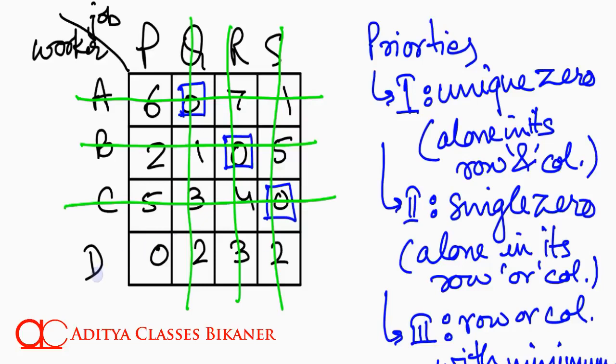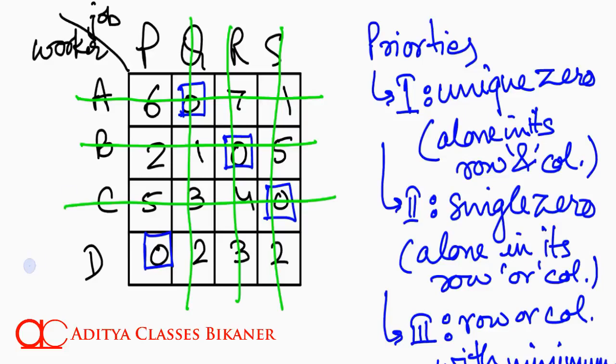Now, where do we go? We have a zero. Still a zero is available. And is it unique? Yes, it looks like being unique. Let us go ahead and assign it. Now, do we see any zeros? No. All zeros are exhausted. All zeros have been assigned.